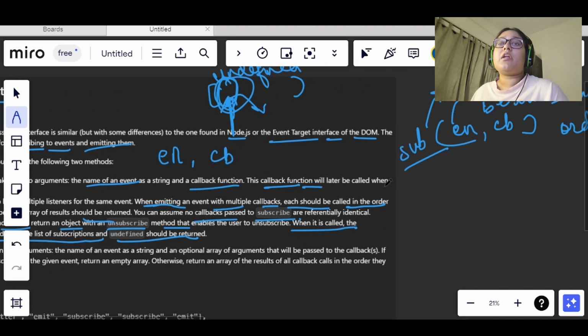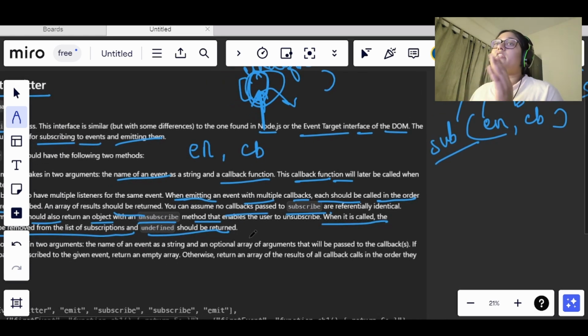Subscribe will return an array of results, and we can assume that the callbacks are not identical; they will be different.